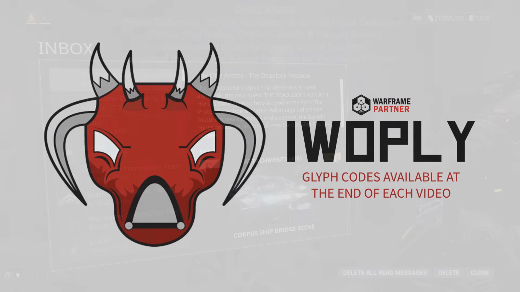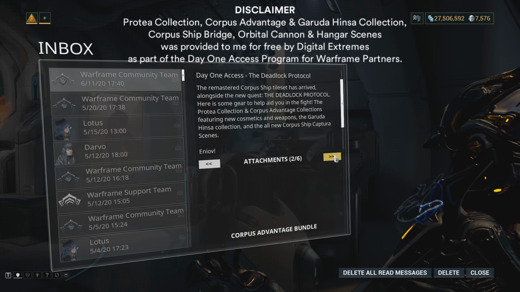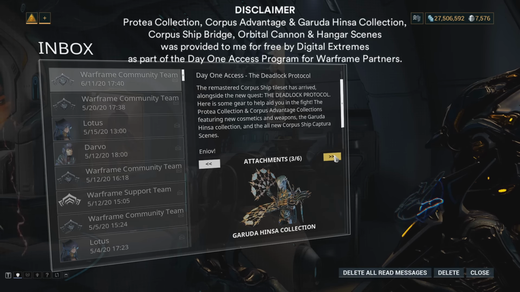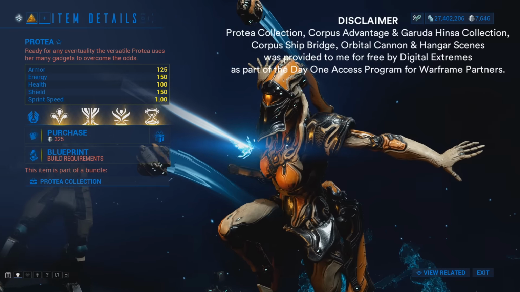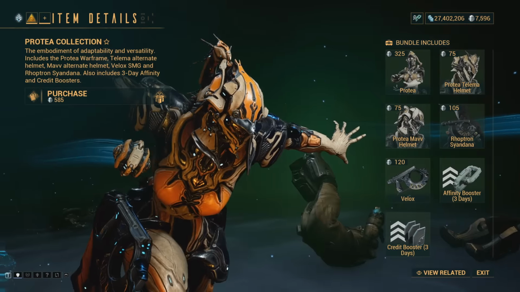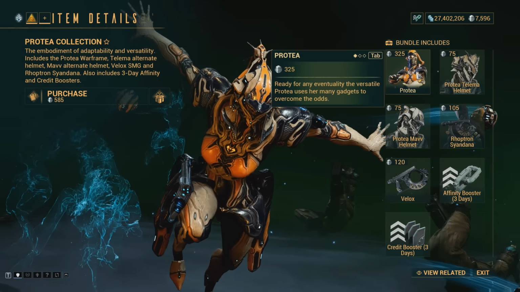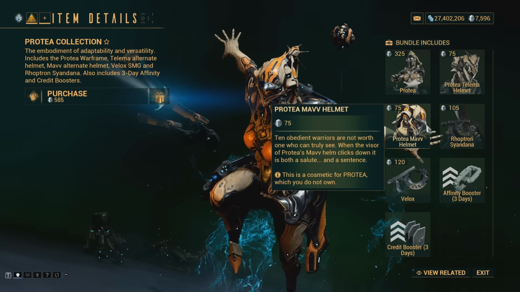Update 28, the Deadlock Protocol, is live on PC. Protea, the new Warframe, is in the game. You can purchase her from the market by herself for 325 platinum, or through her collection for 585 platinum. Her collection includes the Warframe, both alternate helmets, the Ropetron Syndana, her Velox signature pistol, and a 3-day affinity and